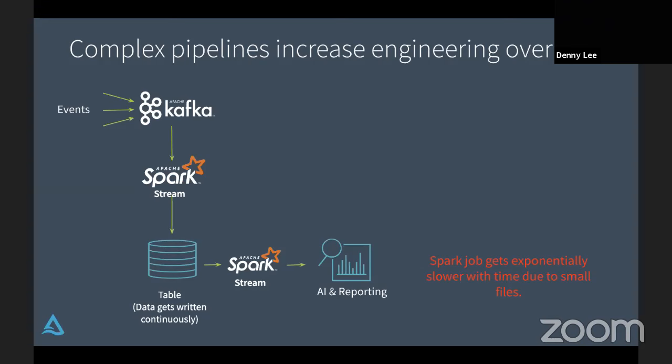So when you have these complex pipelines, you're increasing the engineering overhead. The events go to Kafka because you're doing streaming. So you'll run Apache Spark Structured Streaming against Kafka. It'll get written to the table. The table gets continuously written, and then, for example, there'll be a stream that goes from the table for your